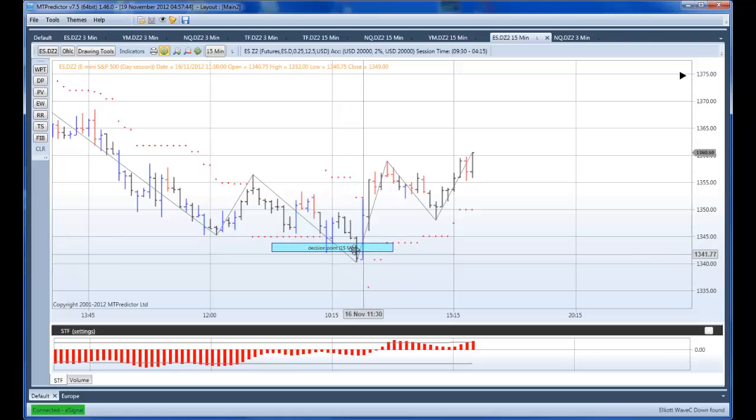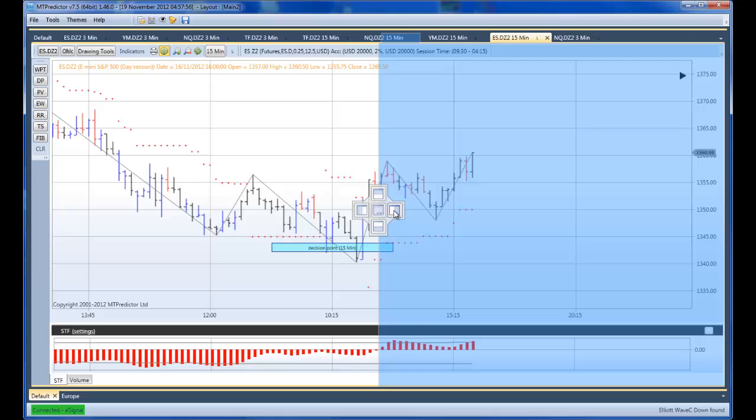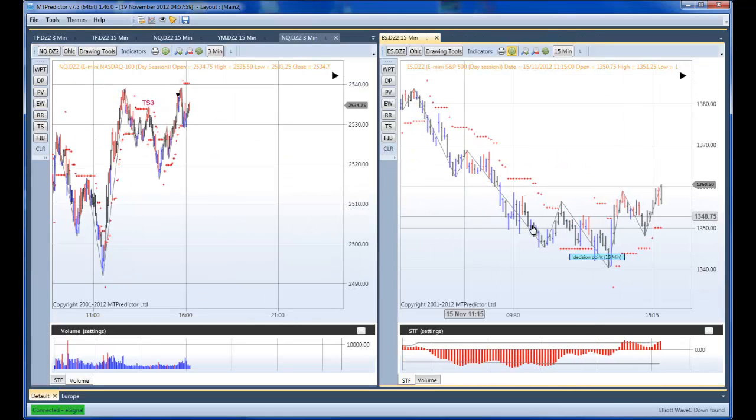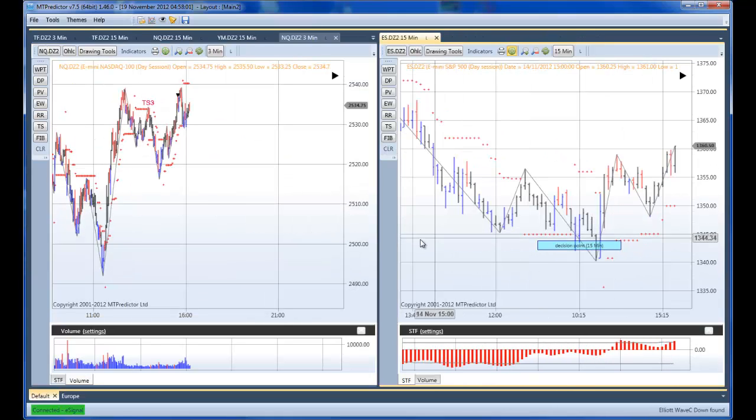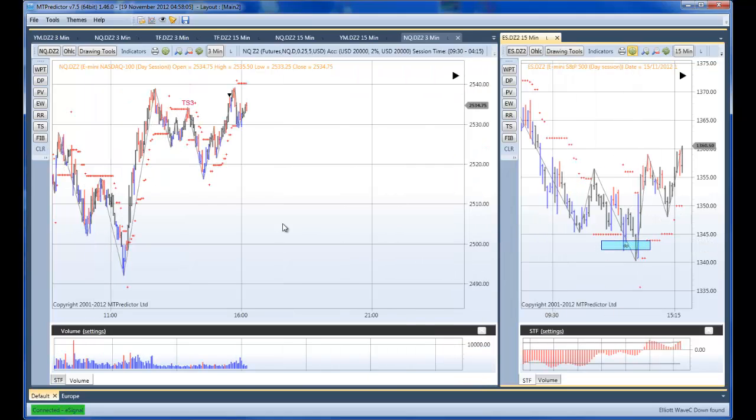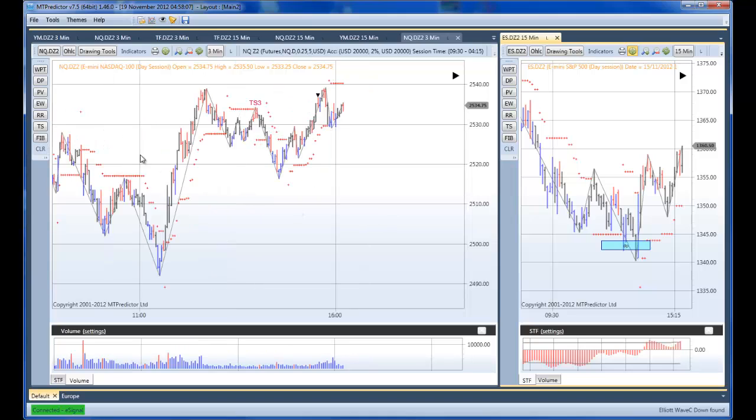So in this area here, we're actually at larger degree DP support, and this is what we tend to like, because I tend to like looking at areas when there's larger degree support. So I'll take that chart over to that right hand side there, perhaps make it just a little bit smaller like that, and I just want to show you. So we have that in view there coming in, and now let's have a look at the